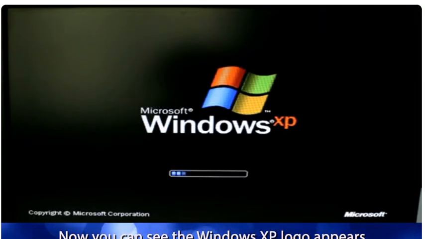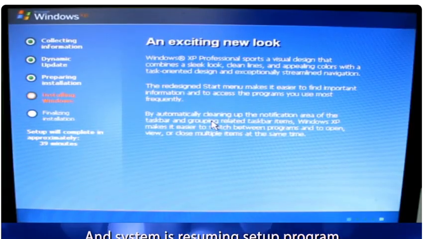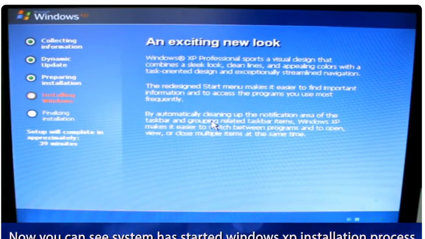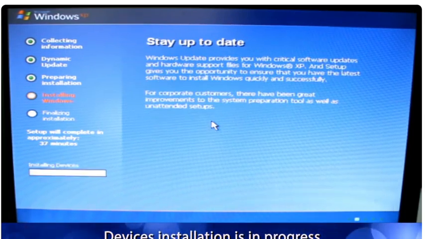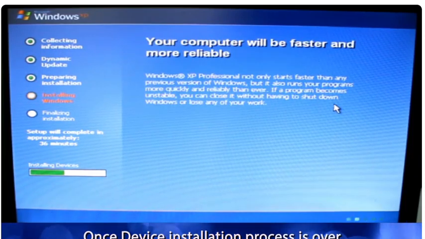Post restart, do not press any key. Now you can see the Windows XP logo appears and system is resuming setup program. Now you can see system has started Windows XP installation process. Devices installation is in progress. Once device installation process is over,